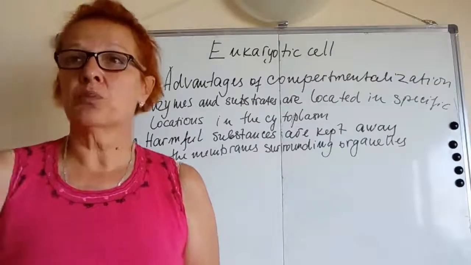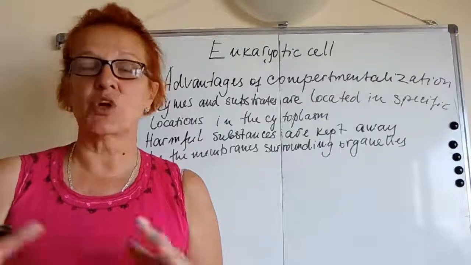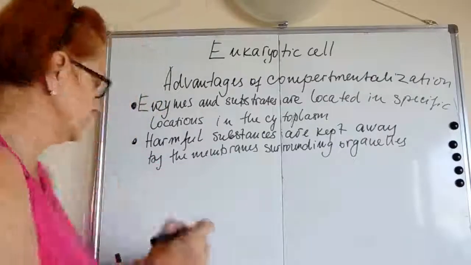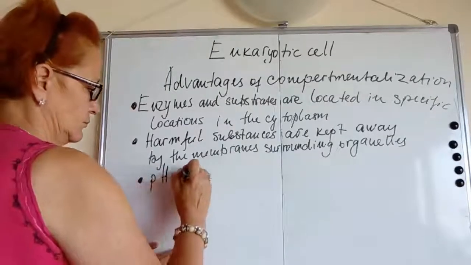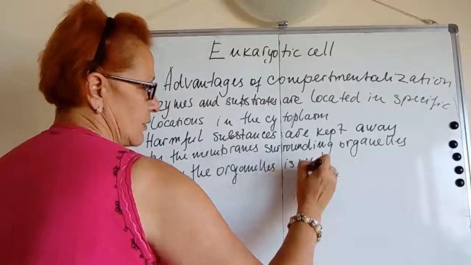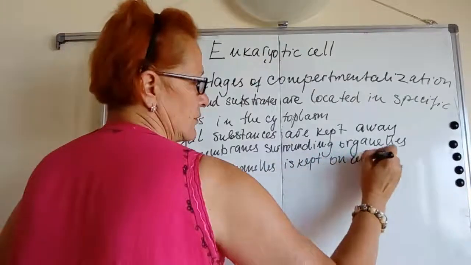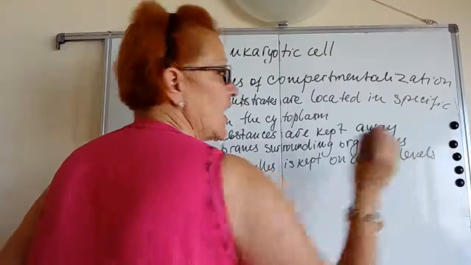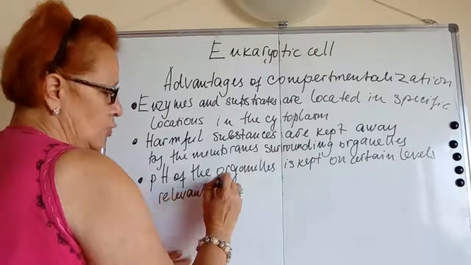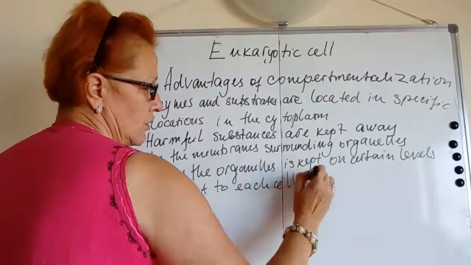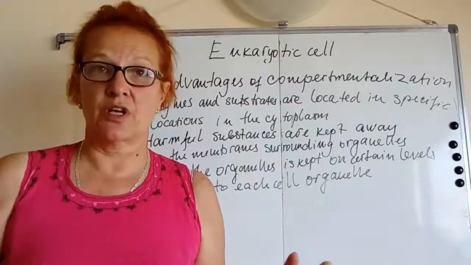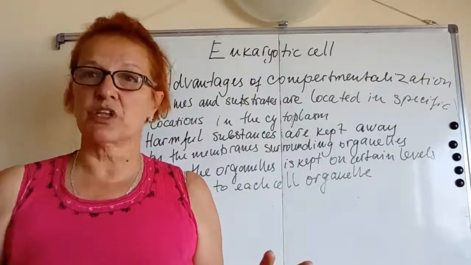The other advantage of compartmentalization is that the pH of different organelles is kept at particular levels which are relevant to each organelle. The pH of the organelles is kept on certain levels, and these levels are characteristic, relevant to each cell organelle. Let's say that, talking about the Golgi apparatus as a cell organelle and the endoplasmic reticulum as a cell organelle,